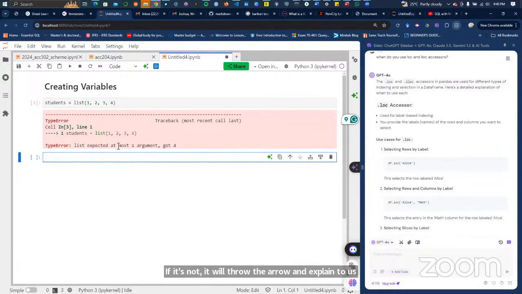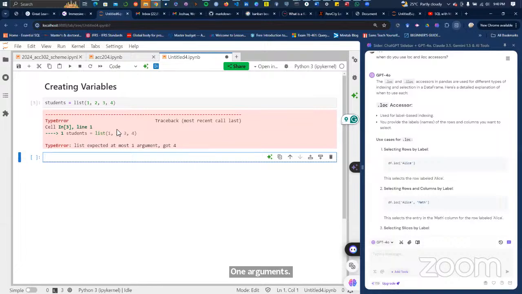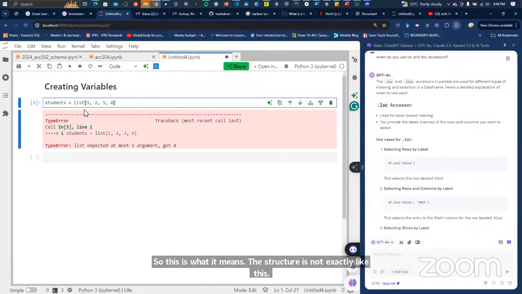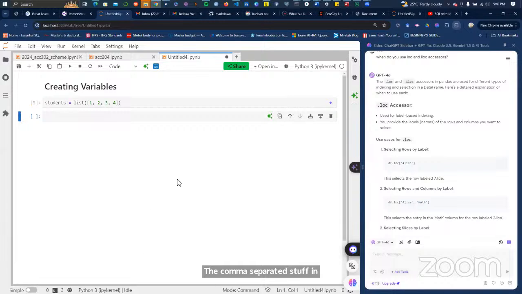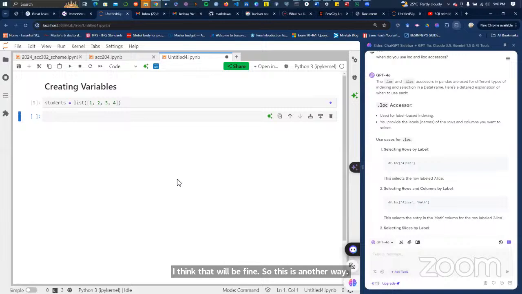List expected at most 1 argument and got 4. Okay, so this is what it means. The structure is not exactly like this. Even when you want to use the list function, you still need to use the bracket. That's why it doesn't make sense to actually use this. So when I put the comma separated stuff in that list notation, which is the square bracket, I think that will be fine. So this is another way of creating a list using the list function.